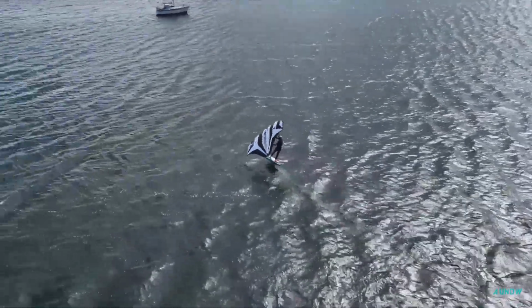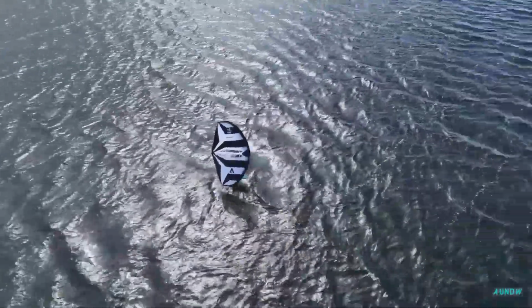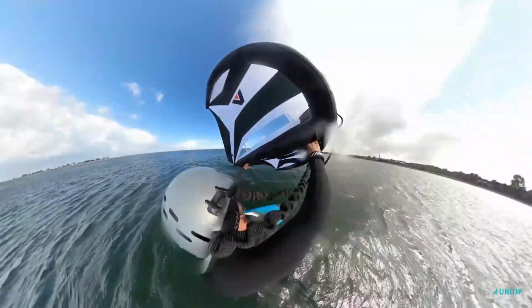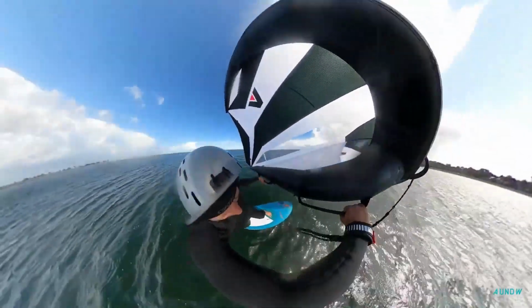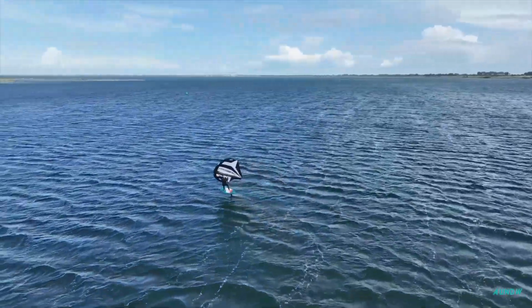And at this point, we come to what we believe is a really very important point. This wing really has enormous power and strength. That must indeed be controlled overall. And this is of course best achieved through the application range of body weight. We have found that if you weigh up to 90-95 kilograms, 7 square meters is completely sufficient even in the absolute lowest wind range to ride